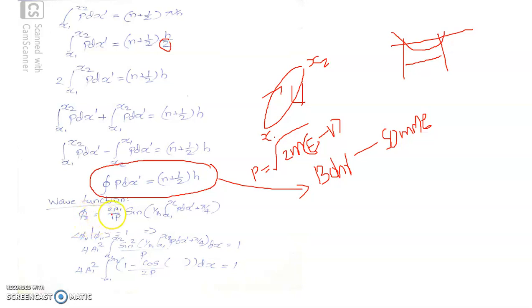So phi 2 is equal to 2a1 by root p times sine of (1 by h cross) integral from x1 to x of p dx prime plus pi by 4. Normalization requires norm square equal to 1. So squaring this, or taking the scalar product of this with itself, you have 2 into 2, 4 a1 square by root p into root p, that is by p, written here, times sine square. I might not have made this kind of an argument. Sine square will have an average value over half a cycle, that